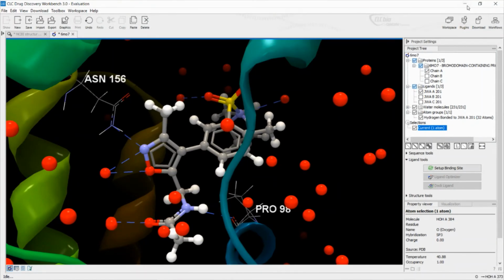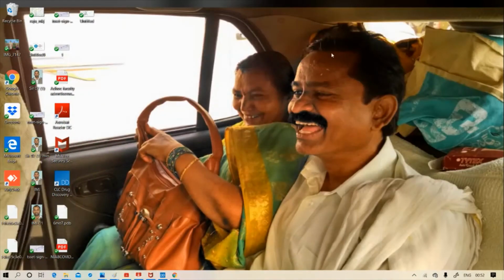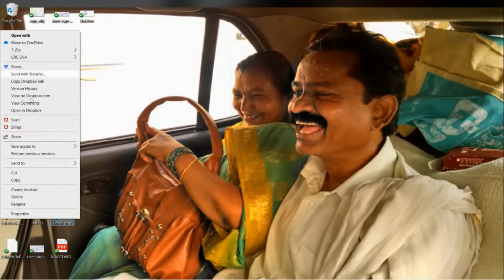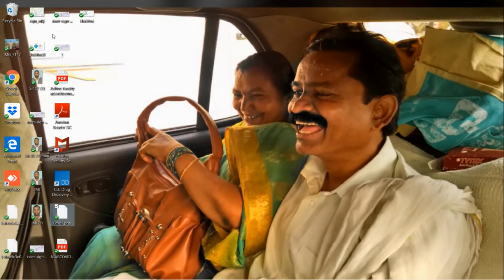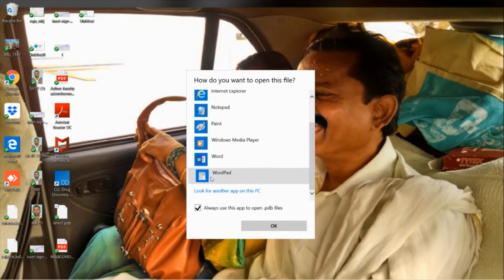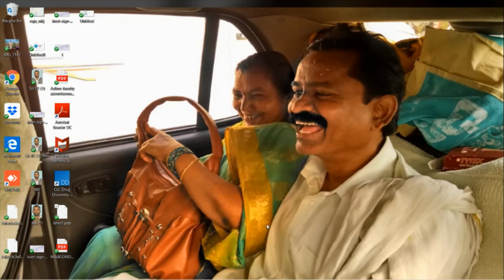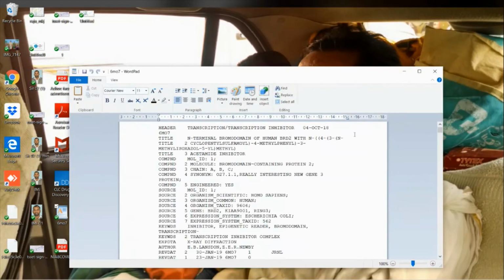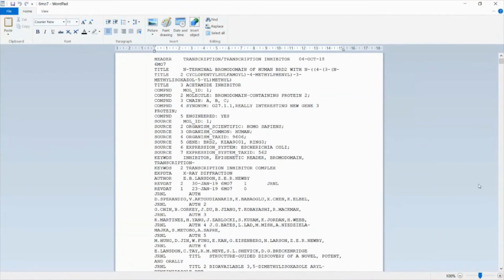Let us see a simple way of deleting the selected water molecules. Simply go with the protein and open the protein from your protein data bank. Simply open with, and select WordPad. So I'll select WordPad. Once I select this, my data gets opened.